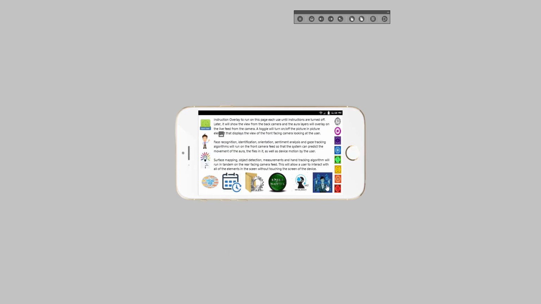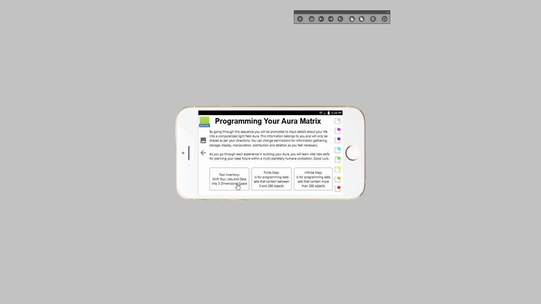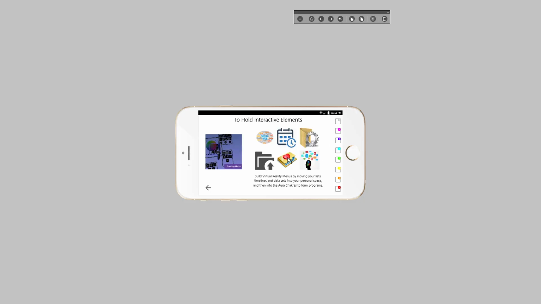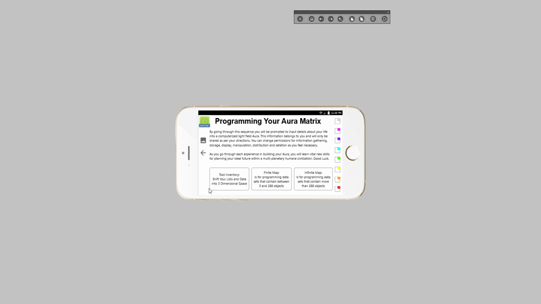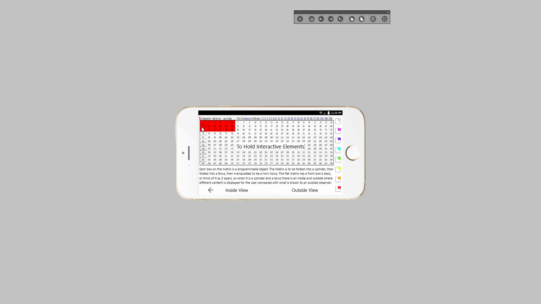Let's go over to the, I'll show you the programming in Matrix. You're going to have these tools in virtual reality to bring all your data sets in, and then you're going to associate the data with the toruses.